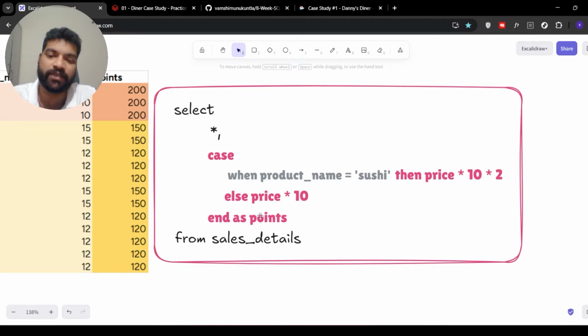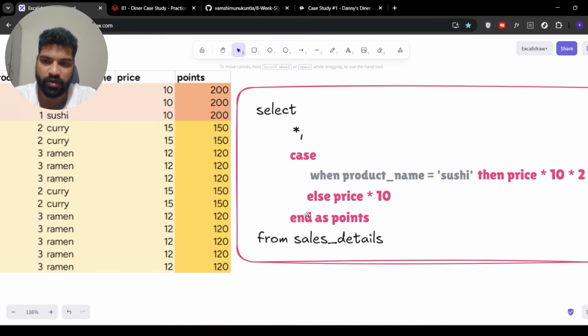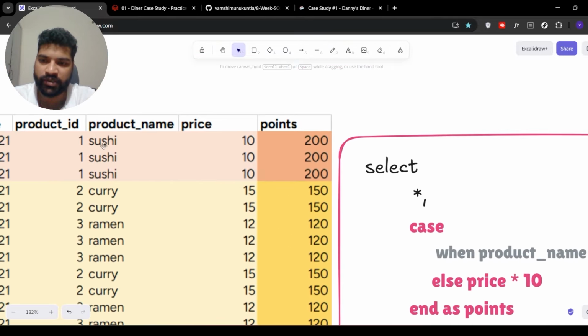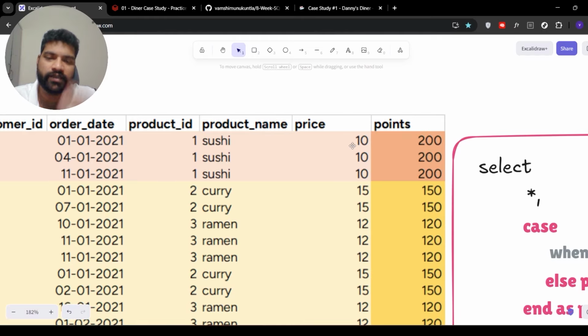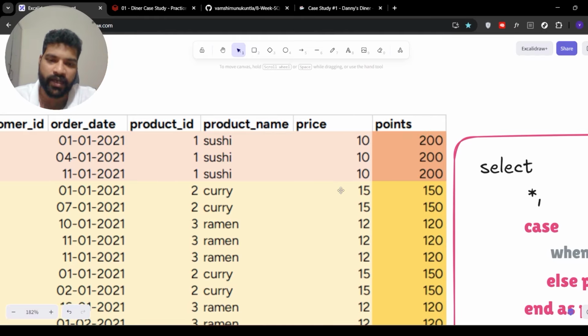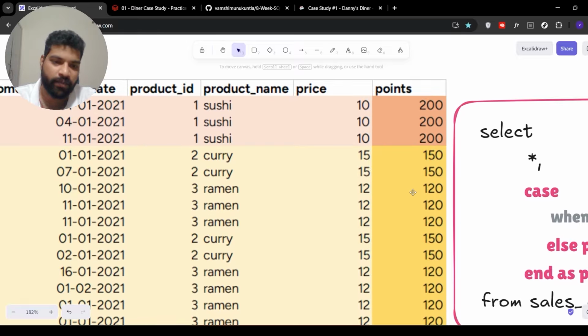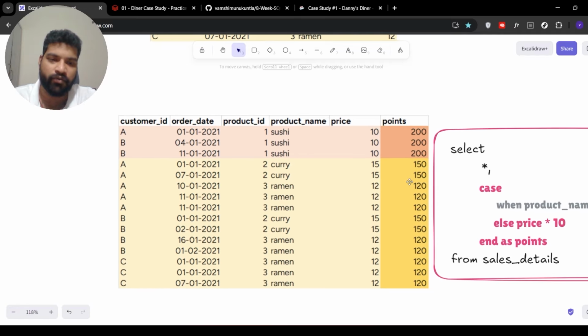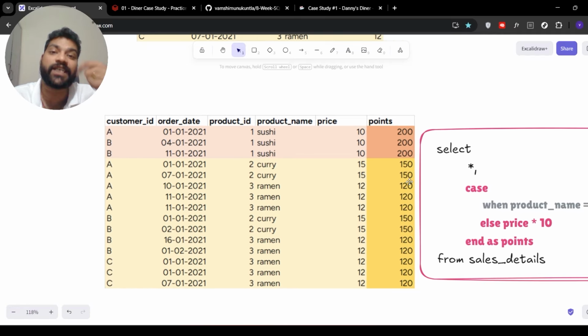So in this case statement syntax, similar to window functions, at the end we have to provide a new name. So if you see, for sushi it's 10 into 10, it's 100 into 2, 200 points. For curry it's 150 points, and for ramen it's 120 points. Now we derived points. Now finally we want to know the total number of points each customer made. So simply we can perform group by on customer ID and then summation on the points